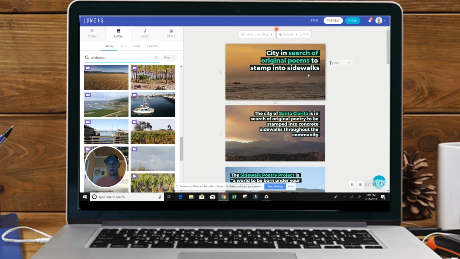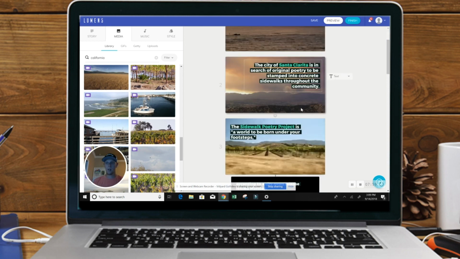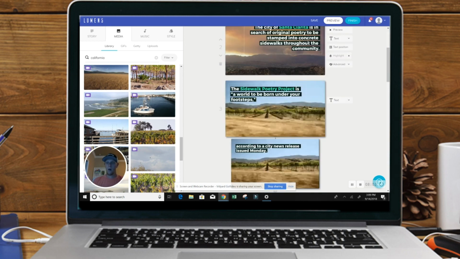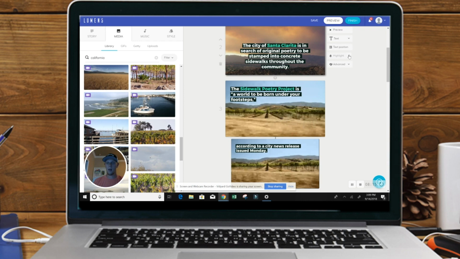On any of these slides, if I don't like the way that something is, let me just show you how that works. If I just click on it, these things all pop up. I can change the positioning of the text. So let's say I don't like the text there and I want it down at the bottom. You could do that and it'll move it down there. You want it centered, you can center it. So again, completely customizable,